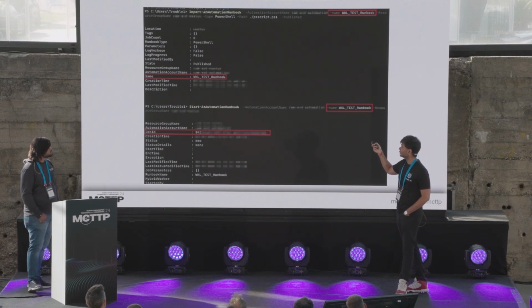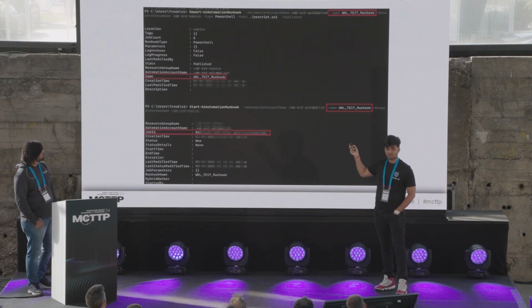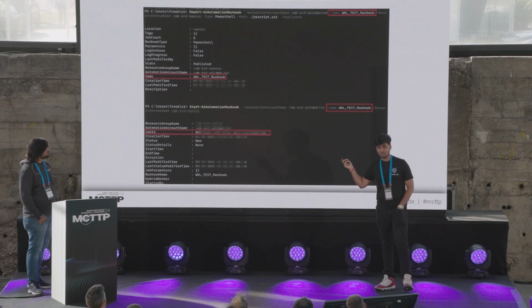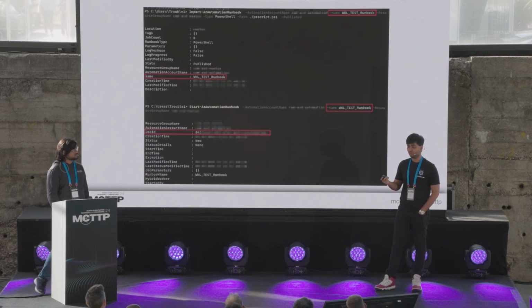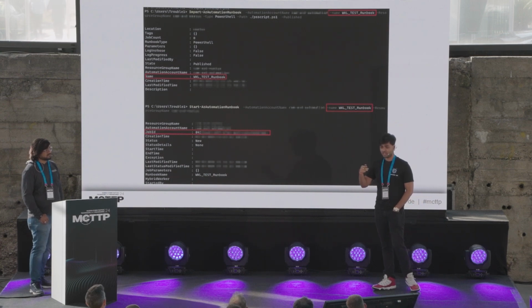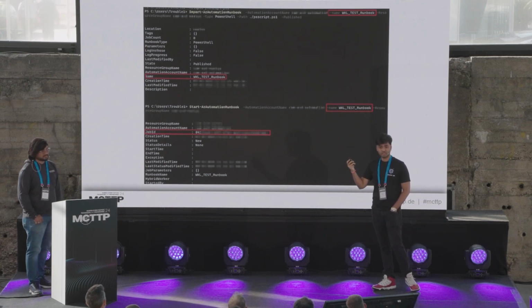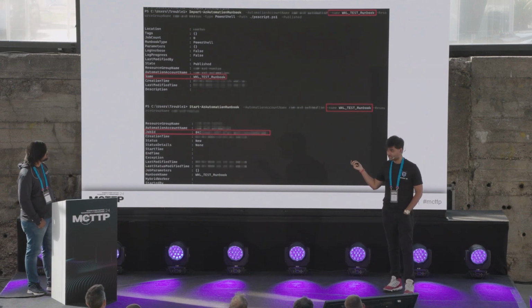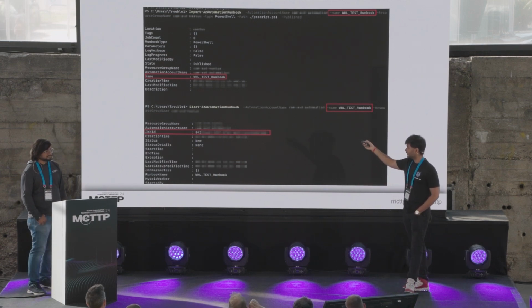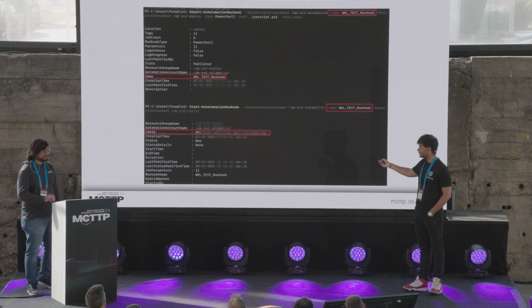By using Import-AzAutomationRunbook, this is the Azure PowerShell command which we used because we had a service principal, we didn't have a username and password, right? So we cannot log into the Azure portal. So we have to leverage Azure PowerShell modules. By using those commands, we created a new runbook and started this script.